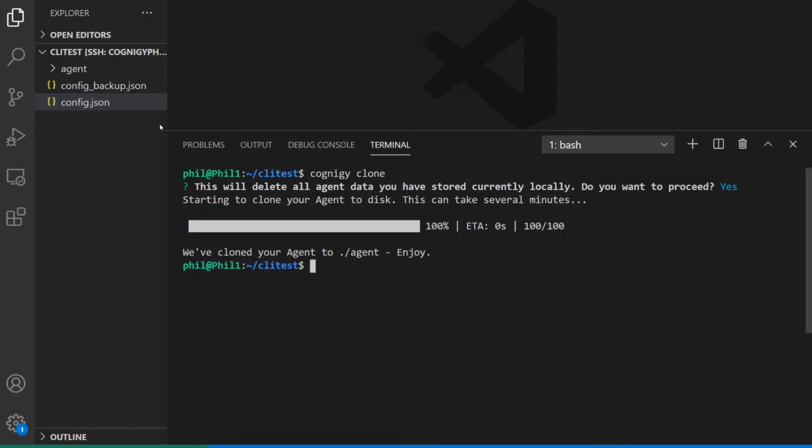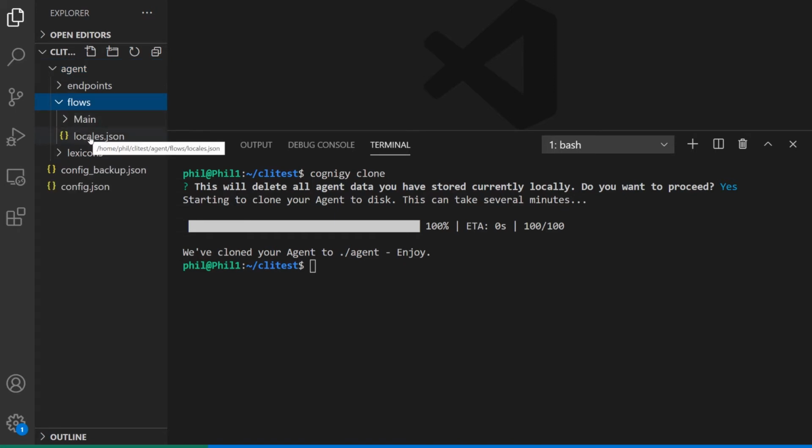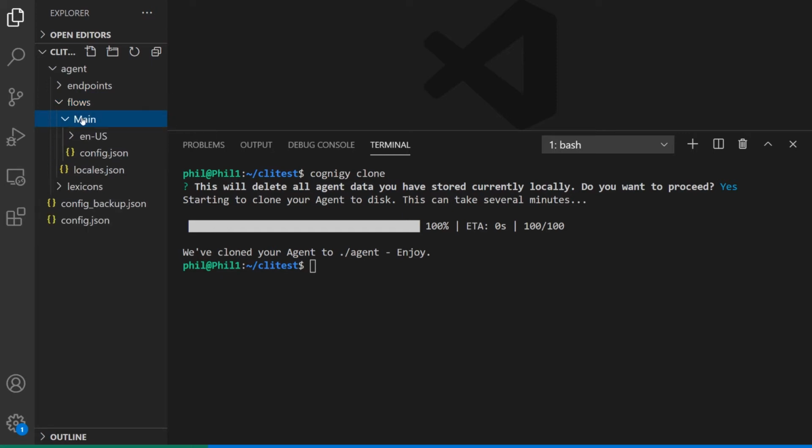Now, if we go back to the CLI, we can see that we now have an endpoints, a flows, and a lexicon folder. And inside those folders, we have, for the flows, a locales JSON, and we have one folder per flow, and it has the name of the flow. So here we have the main flow. The main flow, again, has a subfolder for the locale, and in that it has its information.